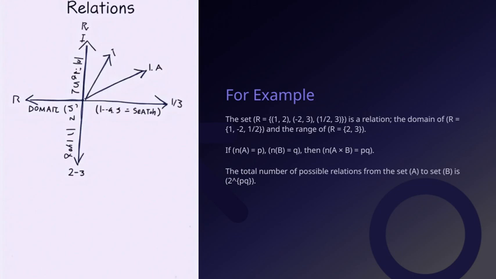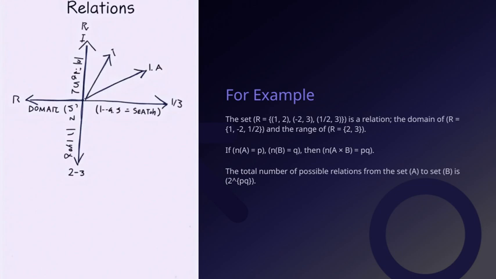The domain of R, which is the set of all first elements in the ordered pairs, is {1, -2, 1, 2}. The range, on the other hand, is the set of all second elements, which is {2, 3}. What this example illustrates is how relations are formed and how they connect elements across sets. Understanding the size of the sets and how relations are constructed is fundamental to grasping more complex concepts in set